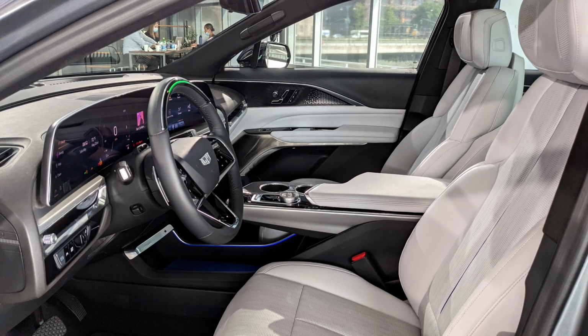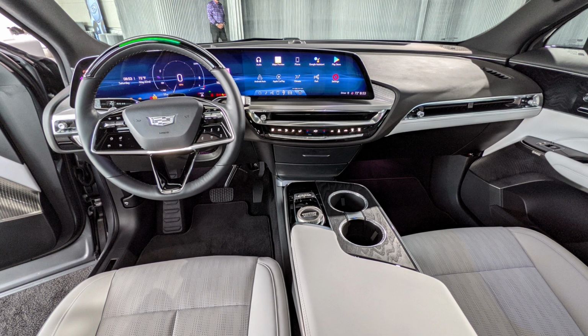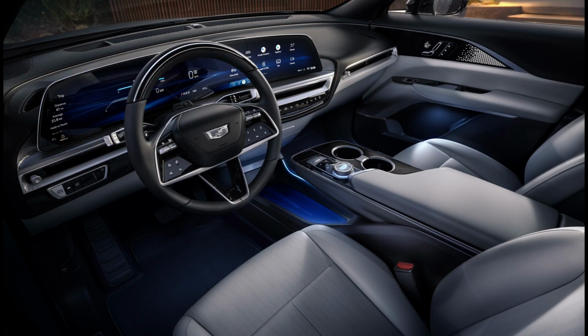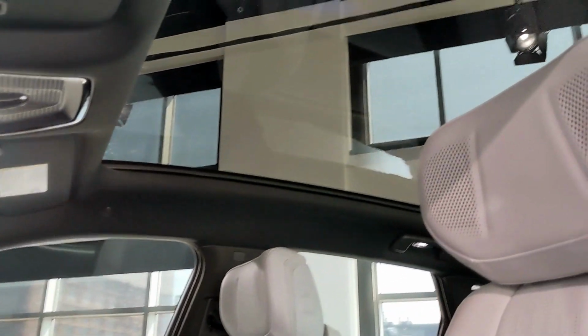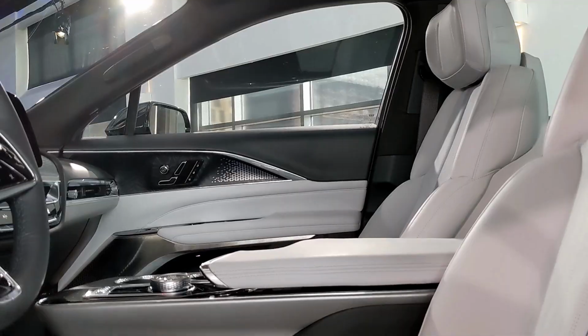I found the interior to be one of the LYRIQ's best qualities. It was extremely comfortable, well laid out, and had the feel of premium. I think Cadillac buyers are going to feel at home in the LYRIQ, and I think people new to the brand are going to appreciate it also. There's a large panoramic glass roof that lets in a lot of light to the LYRIQ,